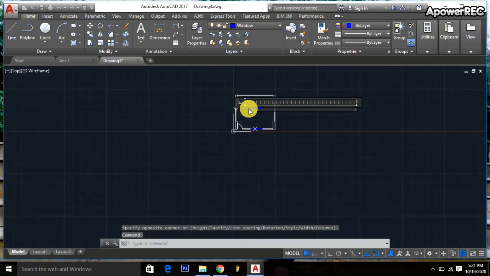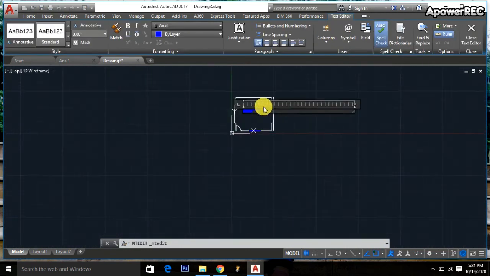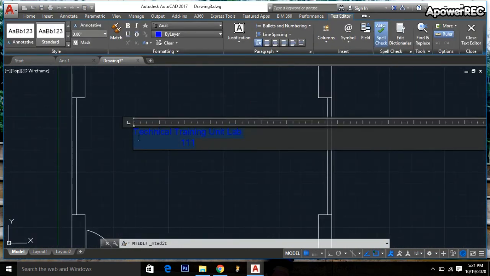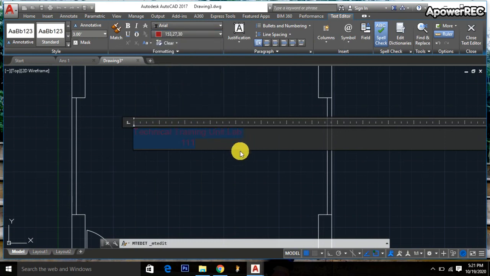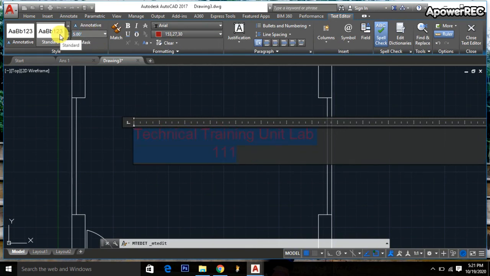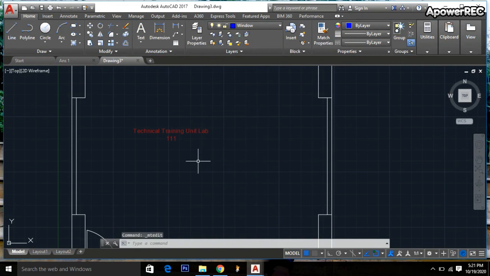Okay, I'm taking it again. I'm changing this color. Then I'm taking 5-inch, enter. Okay, done.